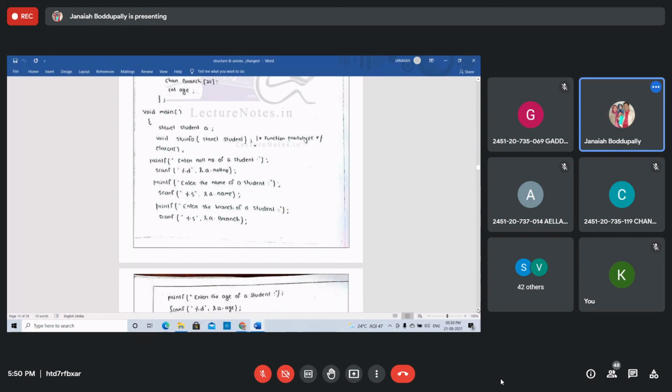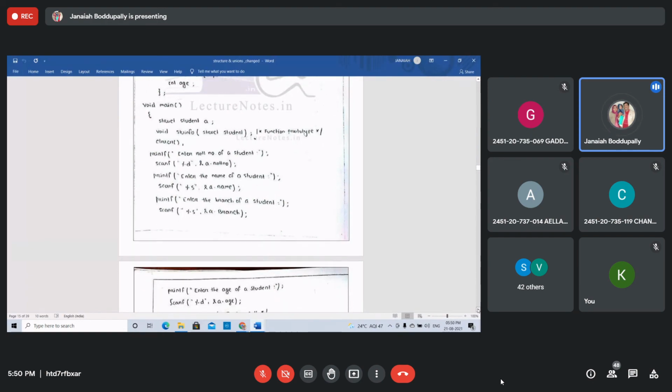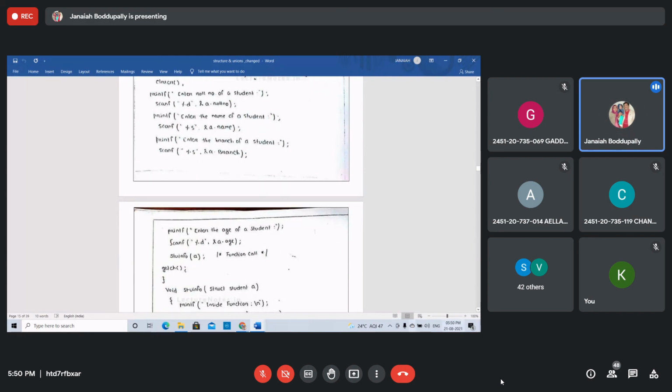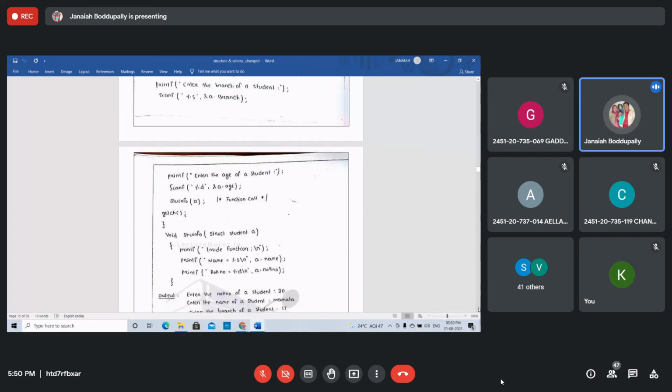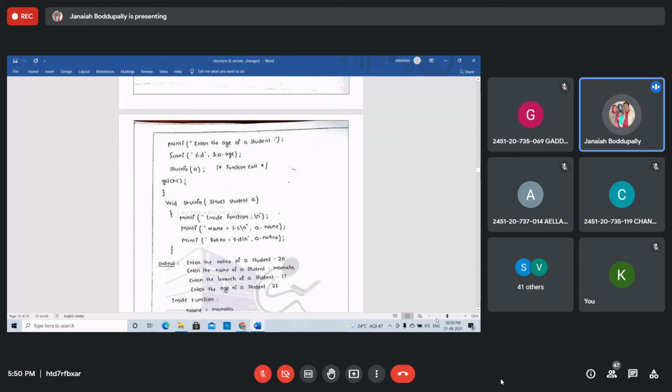Right, see this. Now start. The function prototype is over. Now take the same, read the elements and display the elements. That's it. But here, simply stu info, where A is the structure variable. STU info is the structure variable. But previously you took the structure elements whenever you were calling the function. Try to understand this one. The definition of the function is the same, like struct student A. In the definition of the function, you are passing the structure student and the variable. Inside the function, there are two printf statements, that's it. Try to understand this, students.